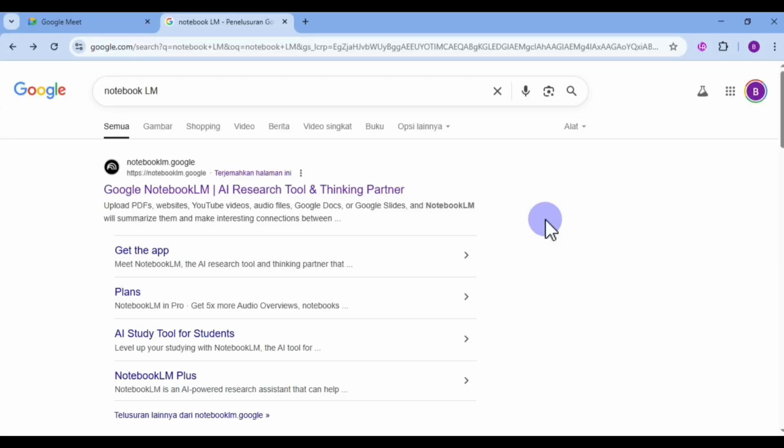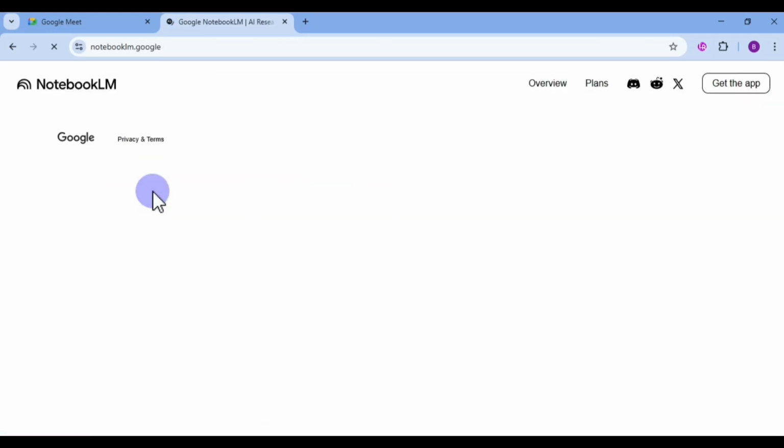Hi everyone, today I will show you how to use Google NotebookLM, your AI-powered research and note-taking tool. Okay, let's get started. First, just go to Google and search for NotebookLM, and then just click this page, and then try NotebookLM,